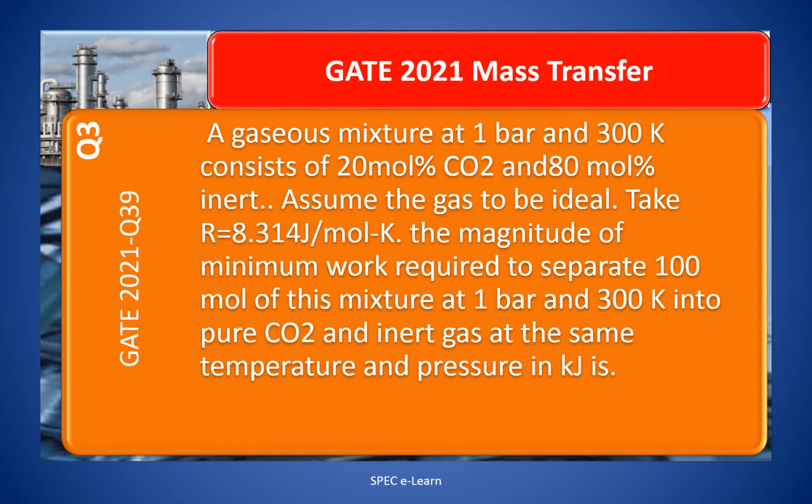Take R equal to 8.314 joules per mole Kelvin. The magnitude of minimum work required to separate 100 moles of this mixture at 1 bar and 300 Kelvin into pure CO2 and inert gas at the same temperature and pressure, in kilojoules, is